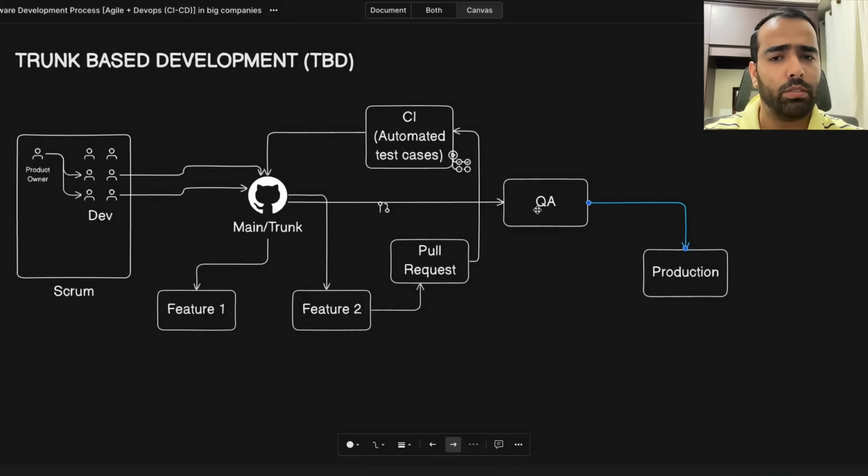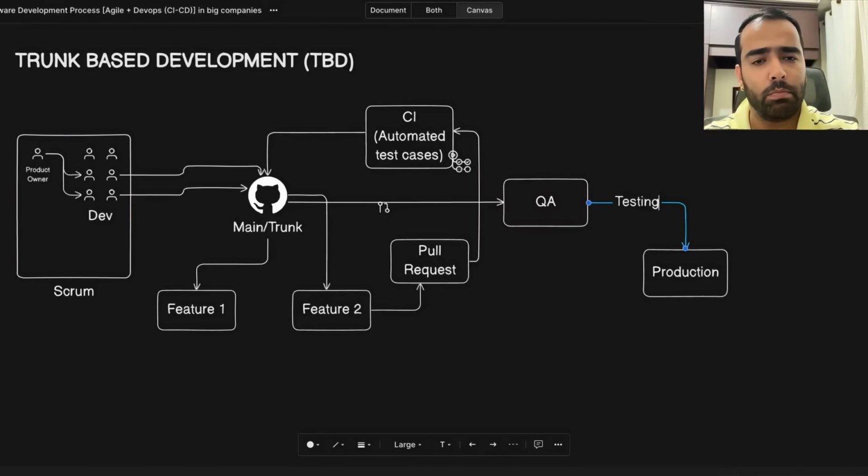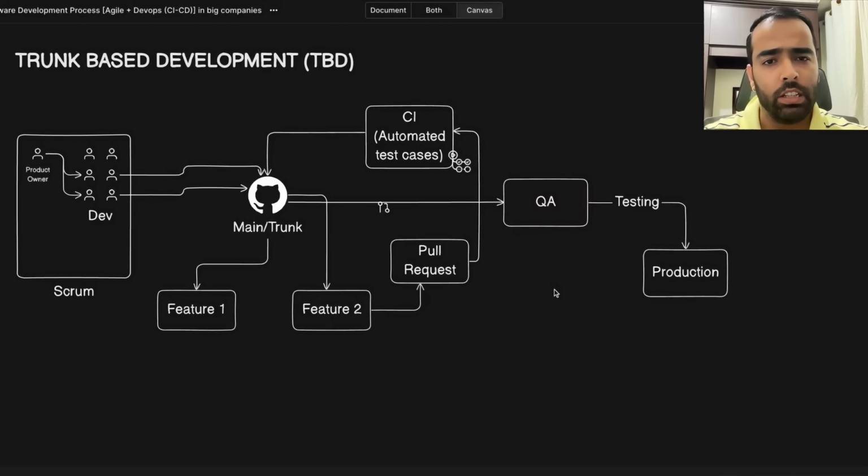In some cases, the code is deployed to QA and maybe someone from the client side has to give you approval on QA, and then you can move your code to production. But QA to production also should not take much time. It should be as quick as possible based on your project or application. Between QA and production, you can do testing, like maybe performance testing or regression testing. You can do that in this step on the QA server, and once it is okay, your code will go to production.